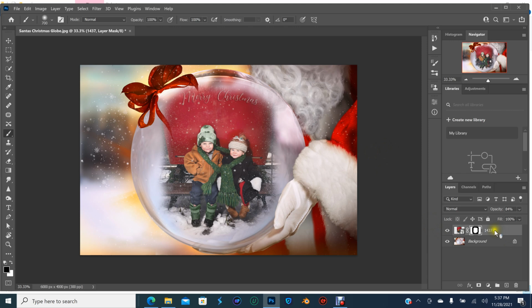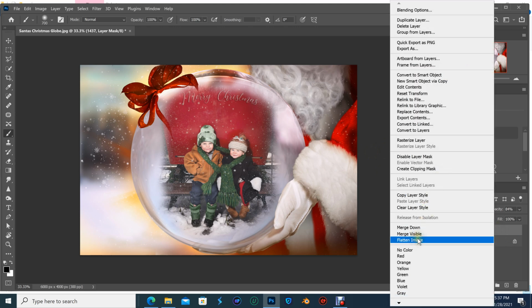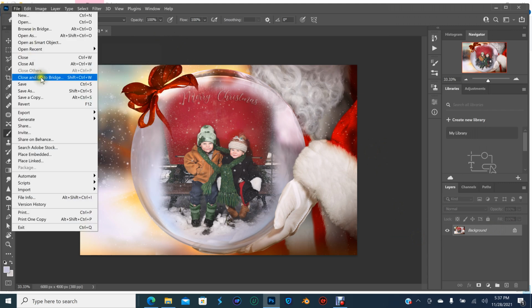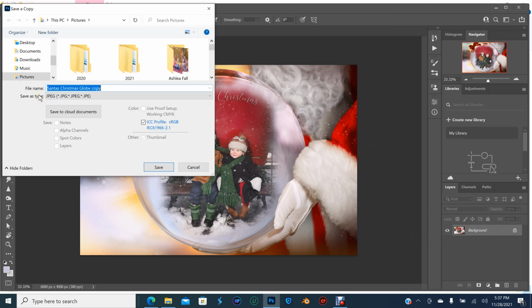You can flatten this, and now you can save it, and it'll save to my pictures,